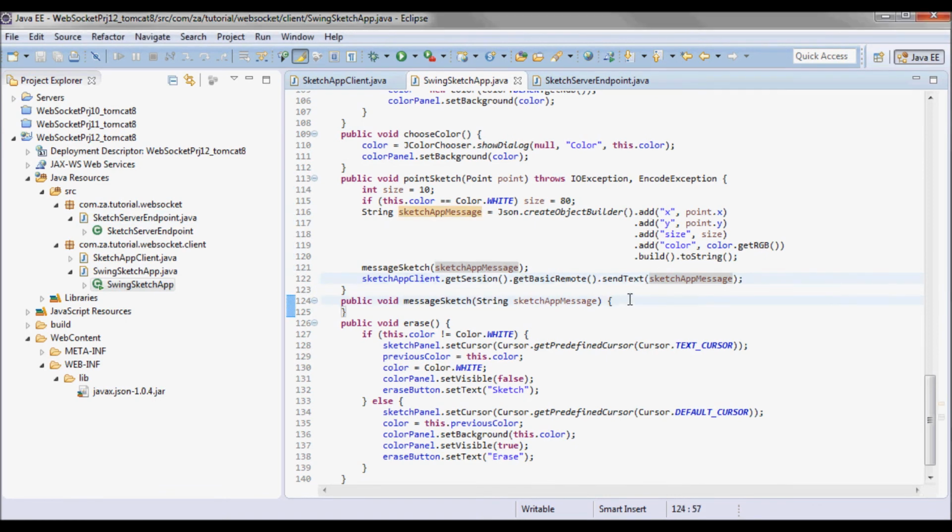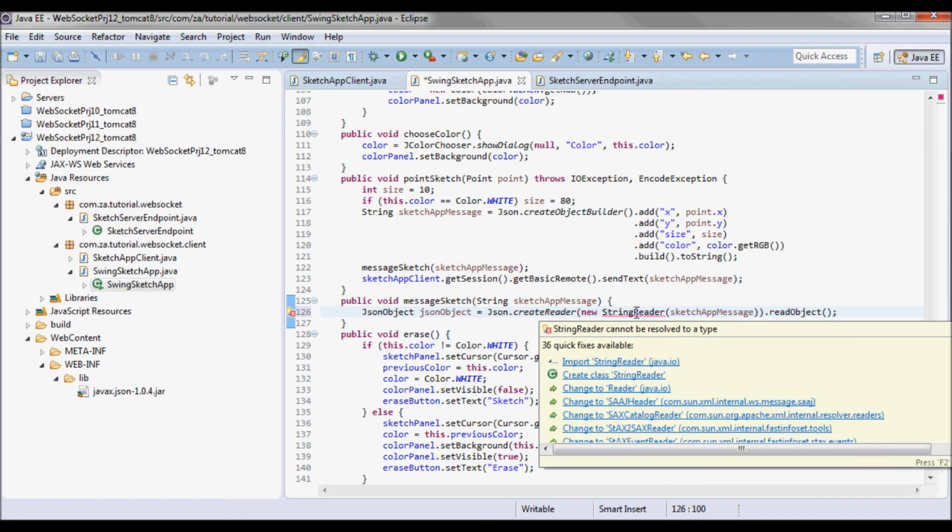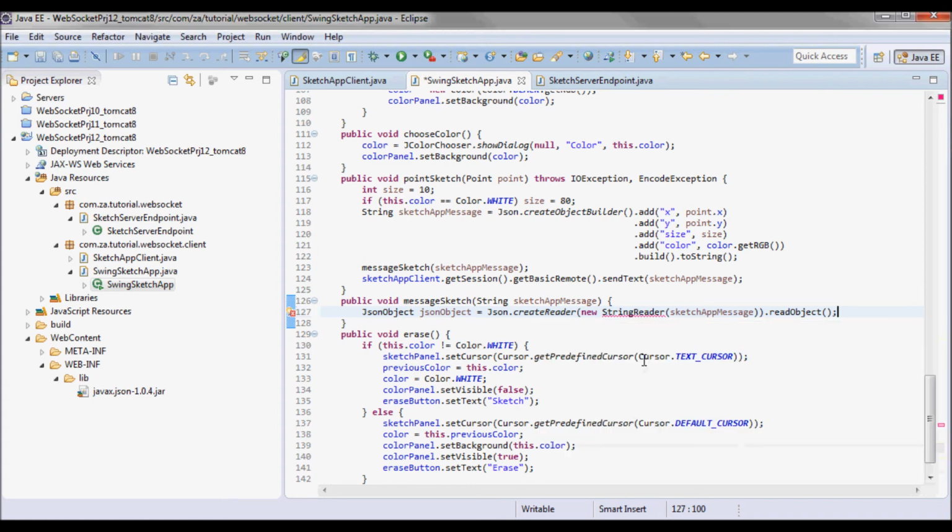Now for messageSketch, I'll pick up the JSON object. So let's suppose this is an incoming message. I'll pick up the JSON object by doing Json.createReader, and passing it a string reader. So new StringReader, passing it the sketch app message, and then I'll do a readObject.